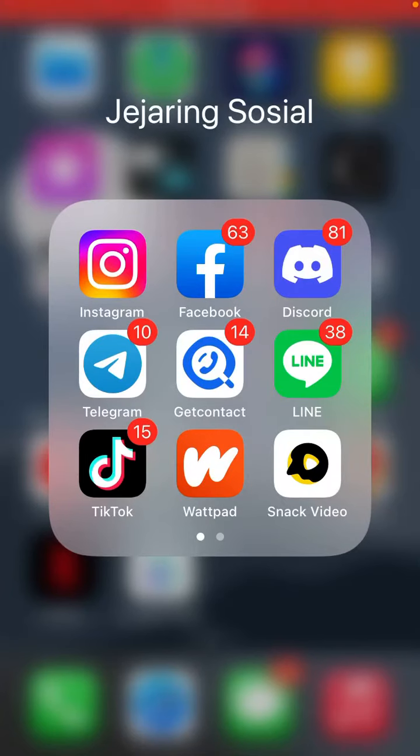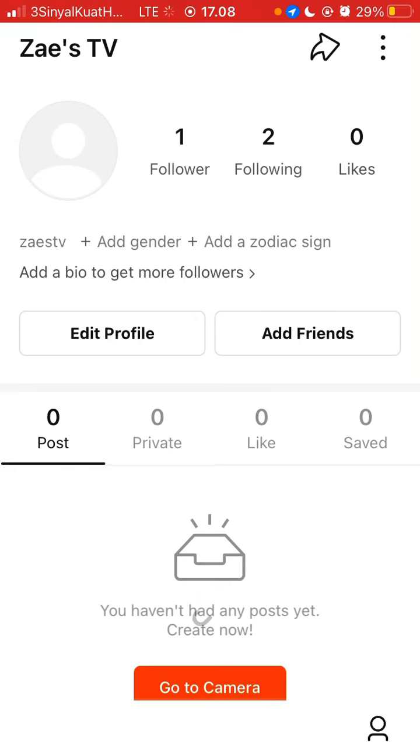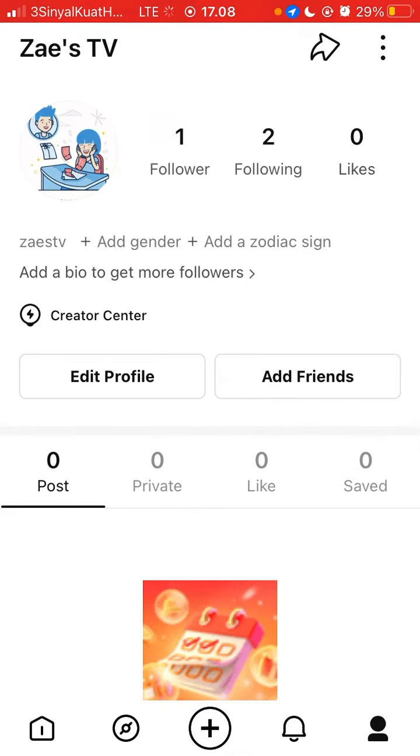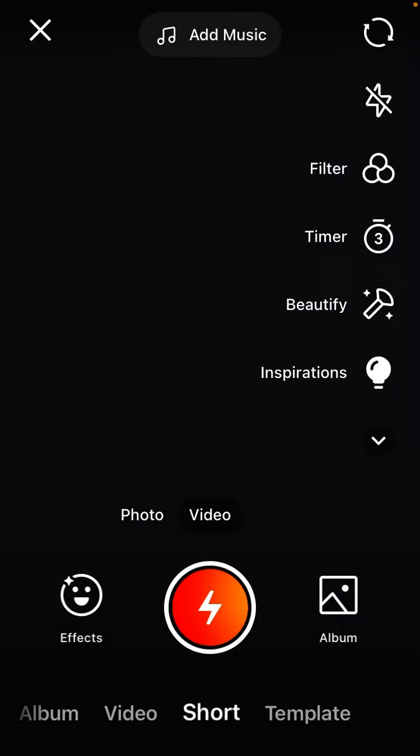Hey guys, in this video I am going to show you how you can create a video in a Snake Video app. So tap on Snake Video app to open it, and then just tap on the add icon in the button so you can select a video or photo you like